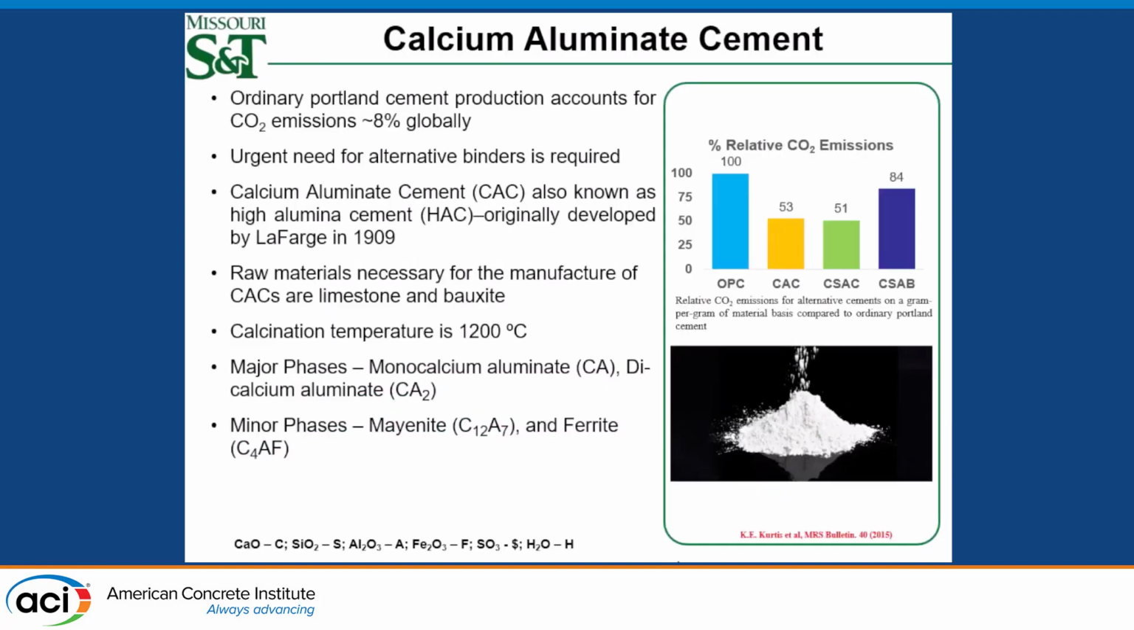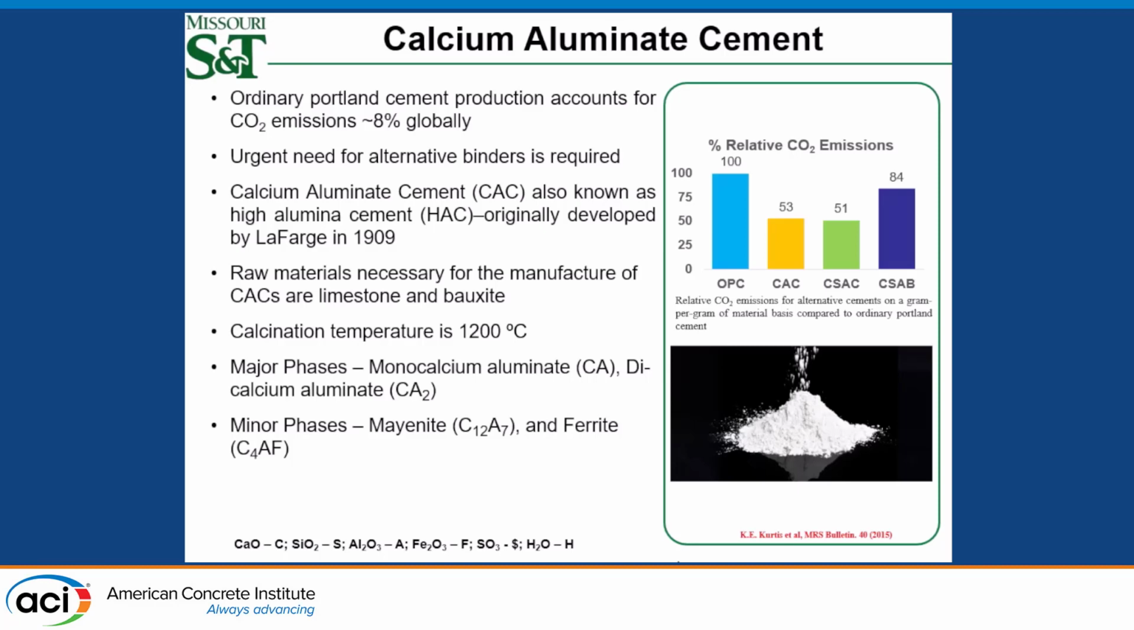So we know that as infrastructure is growing, the demand for ordinary Portland cement is increasing, and it contributes to around 8% of CO2 emissions globally. So there is an urgent need for alternative binders. If you look at the figure, on a gram to gram basis, ordinary Portland cement emits around 100% of CO2 emissions, whereas calcium aluminate cements only emit 53%, which means that CAC is sustainable compared to